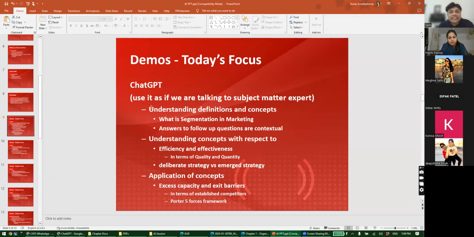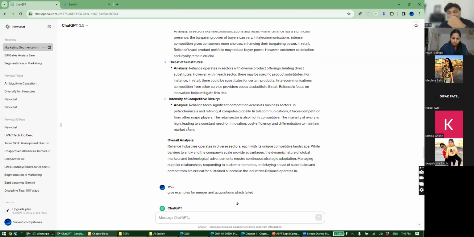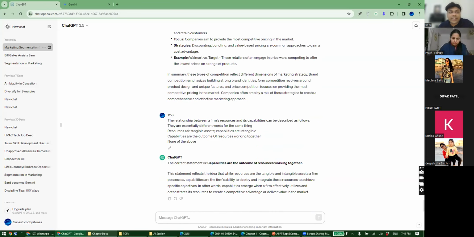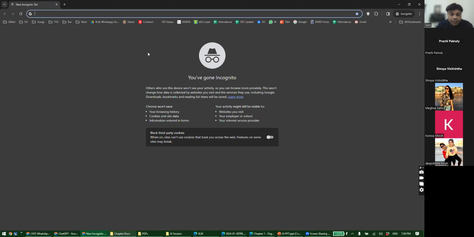Now we want to understand definitions and concepts. That's one place where we can use AI. So I have ChatGPT open. If anybody wants any help in actually logging into ChatGPT and trying to use it, I don't think that's required. Everybody would have tried it at least once. No, Sam. Sorry? No? No. Okay, so if that has to be done, I'll just go with